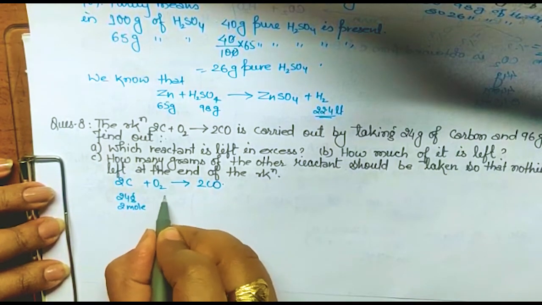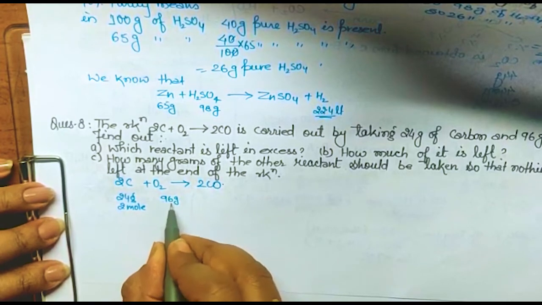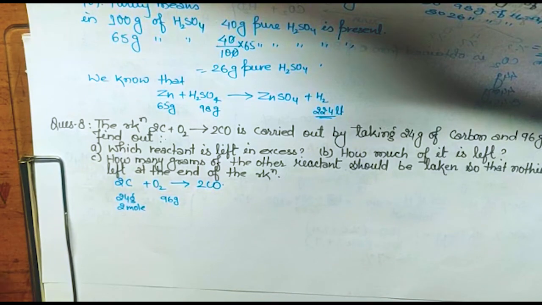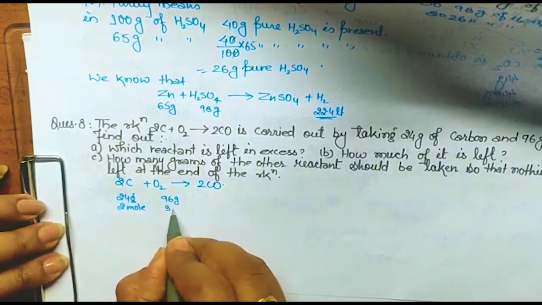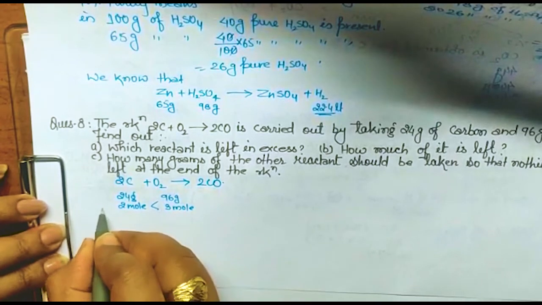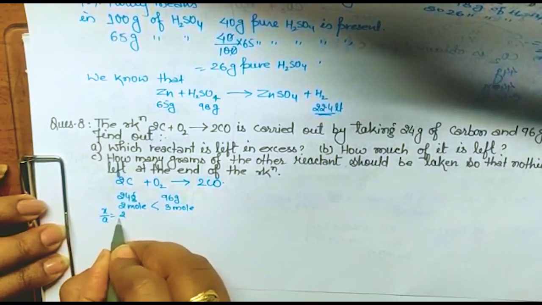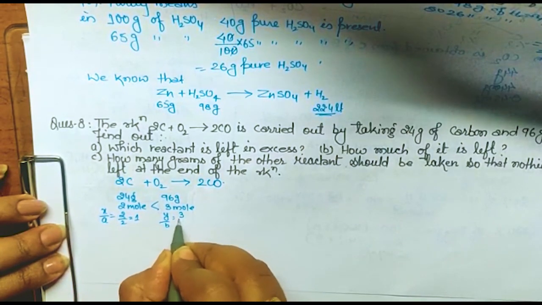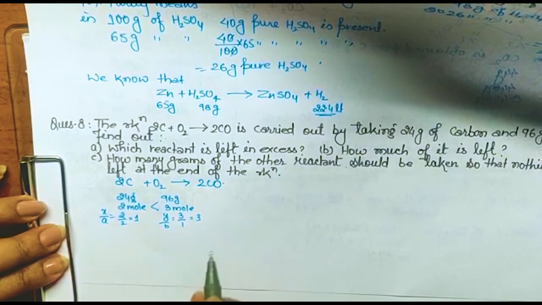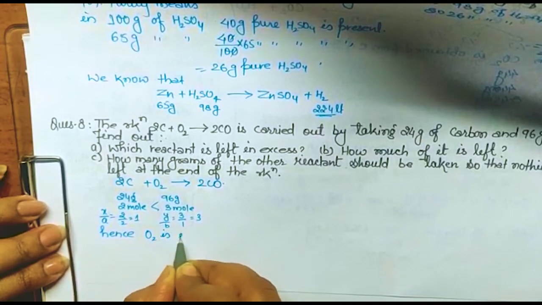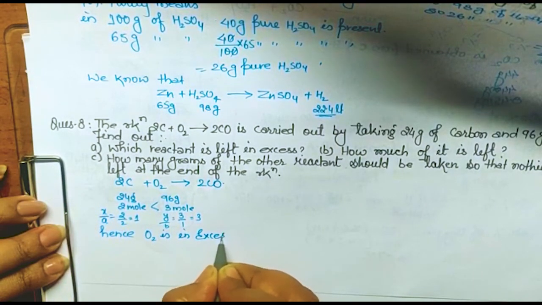And this is given 96 gram. So convert it into mole. 96 divided by 32, it will be, 96 divided by O2 is there, na? 32. So it will be 3 moles. So which one is limiting reagent? This one is less. देख लेते x by a, that means 2 upon 2, it is 1, and this is y upon b, 3 upon 1, that means 3. So obviously this is greater, hence O2 is in excess. Yes.